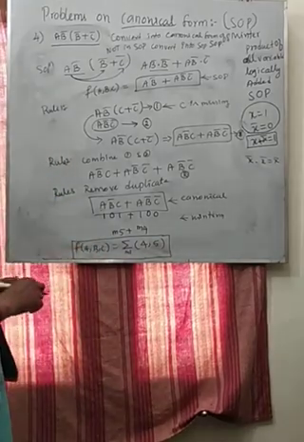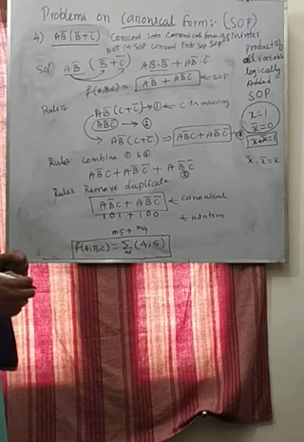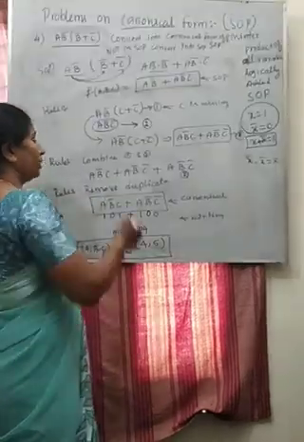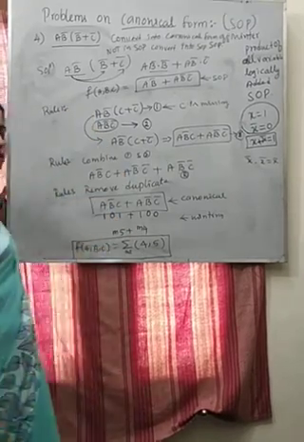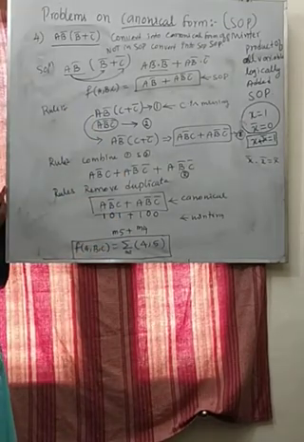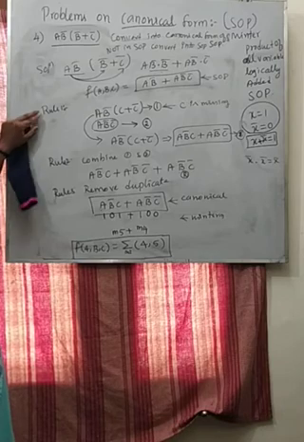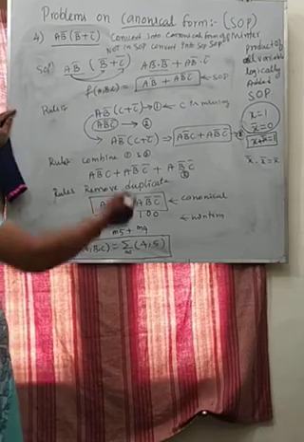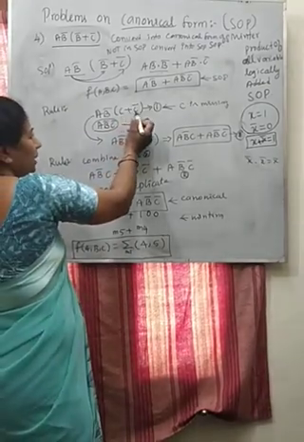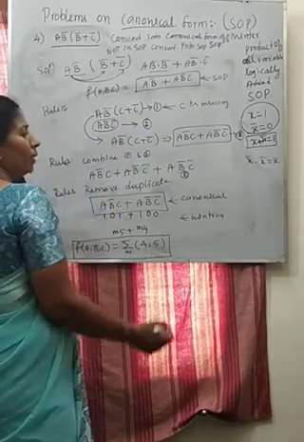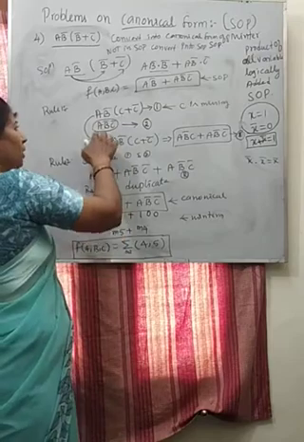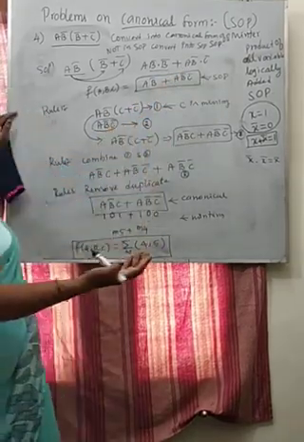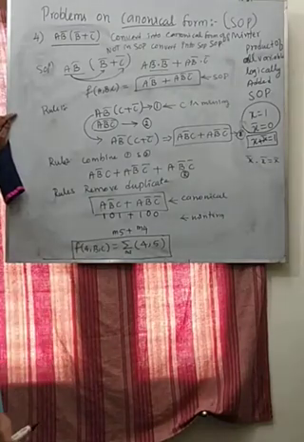This is the one which is not in the SOP form. If it is not in the SOP, convert that into the SOP first, then apply the rules. Okay. Whatever we discussed in the last class, same rule. Identify the missing variable, include the missing variable into the term by adding the missing variable and its complement. Both you need to include. The second term contains all the variables, so no need to include any variable for that.